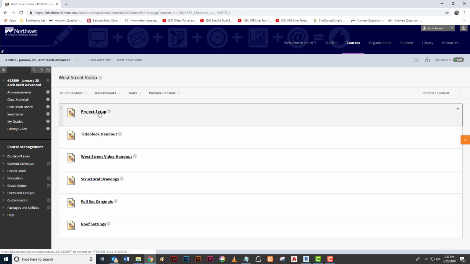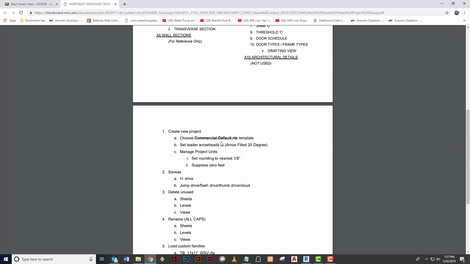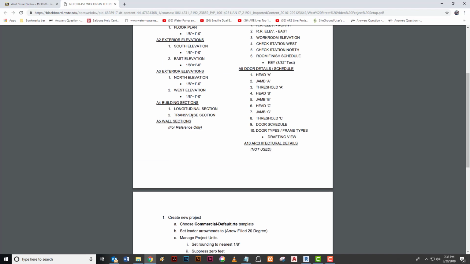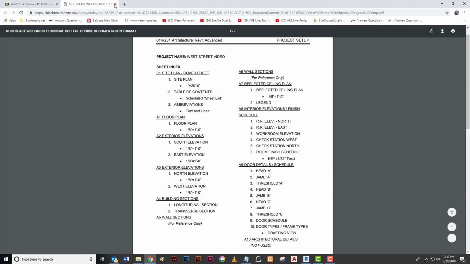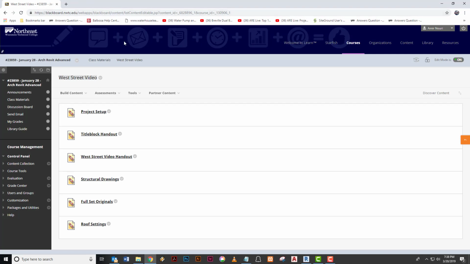The first one is project setup. The project setup is very similar to what we done for Felton Resident project, which was a residential project. This one is going to be a commercial. Just follow the step by step as given in that PDF. If you have any question for this, just write it down, don't forget about it, and then I will be there next week after I come back, and then I can answer your question about this one too. And the second